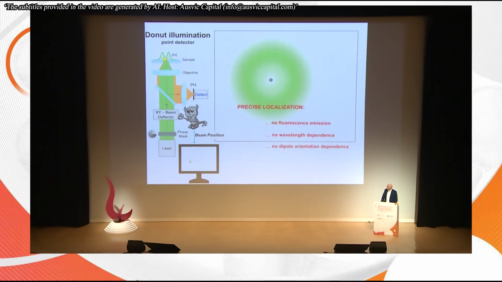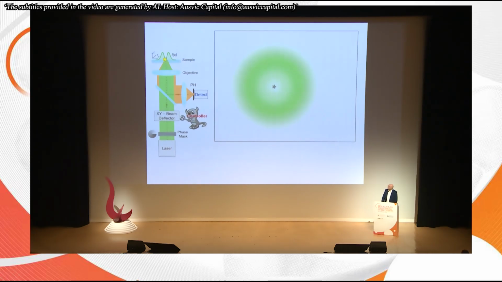And then, of course, also important, the dipole orientation effect is gone. Why? Because if you minimize the fluorescence, that hardly matters. So without going into details of that, in reality, of course, there is no such thing as a demon. So you have to come up with something that works in practice, and that comes as close as possible to the demon case. And that means that we replace the demon with an electronics, a controller that counts the number